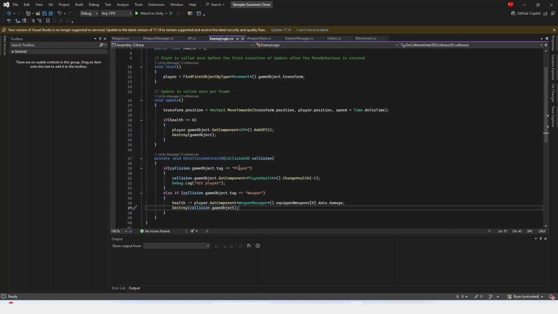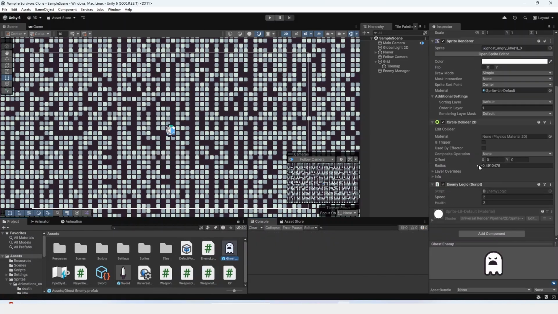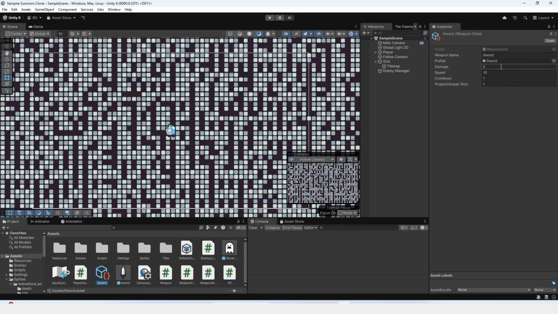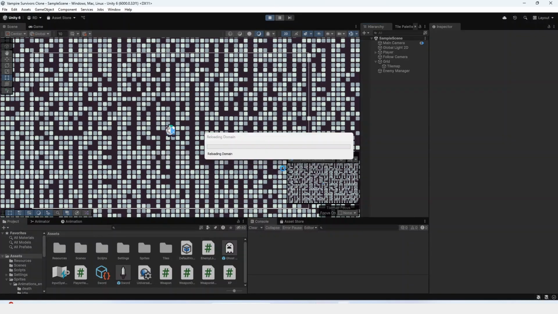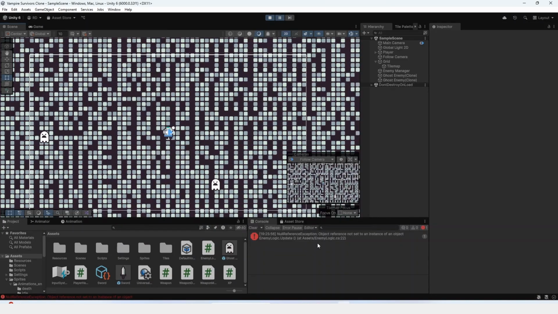on collision enter. So now we can go back inside of Unity, and then I'm going to go to the ghost, make sure that health is set to something like 2. For my sword data, I'm going to set damage to something like 2, and then I'm going to click the play button. So now when I get inside of play mode, my swords should be spawning, and now I get a null